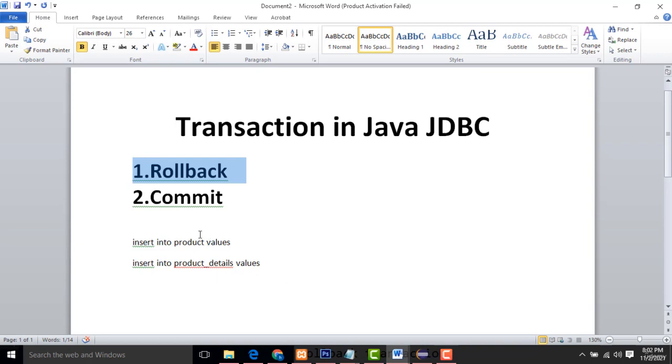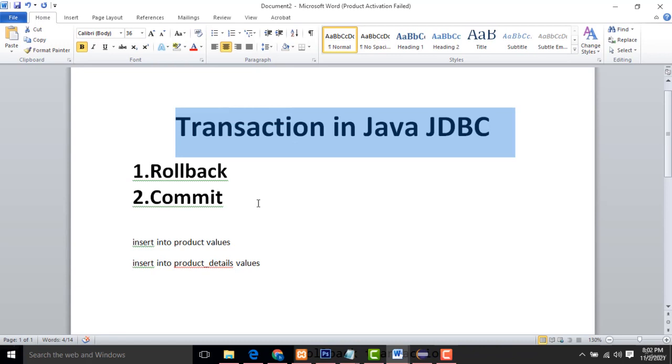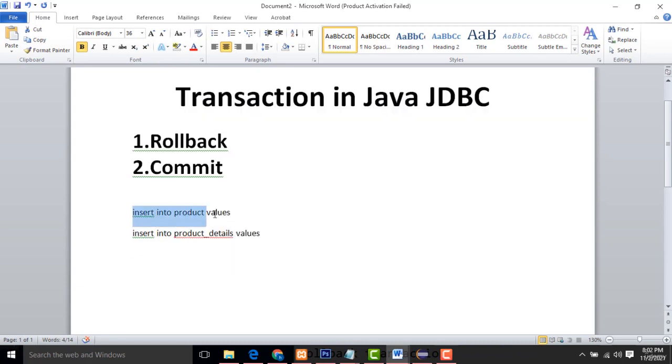Okay, this is the purpose of writing the transaction. The transaction is very important when you are writing more than one query. Sometimes one query inserts successfully, the second query insert fails. At that time the program is wrong. Only if both queries insert successfully is the program successful. In that kind of situation you have to use transaction rollback and commit. It will help you to solve this problem